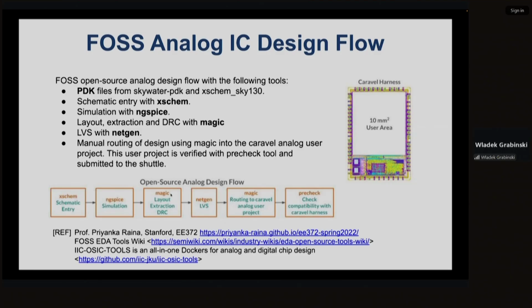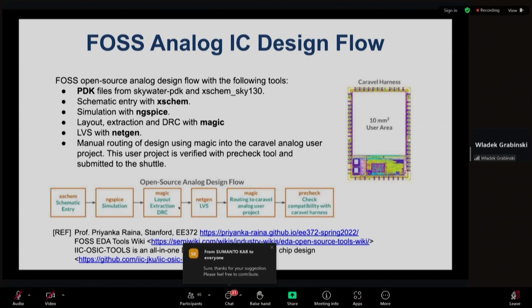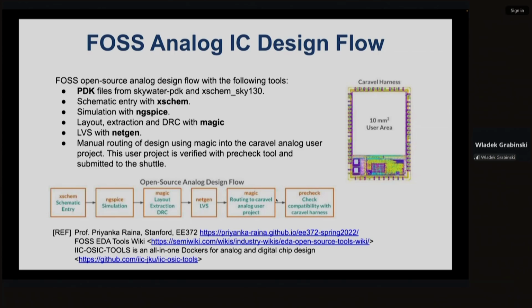She selected Magic as the GDS design tool. We recommend KLayout, which has all options for design rule checking, layout extraction, and parasitic extraction. Then there are other options to run layout versus schematic verification before completing and preparing your design for manufacturing.